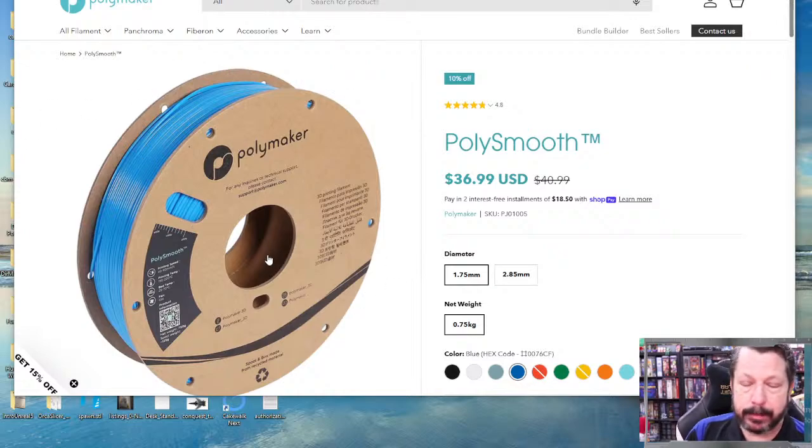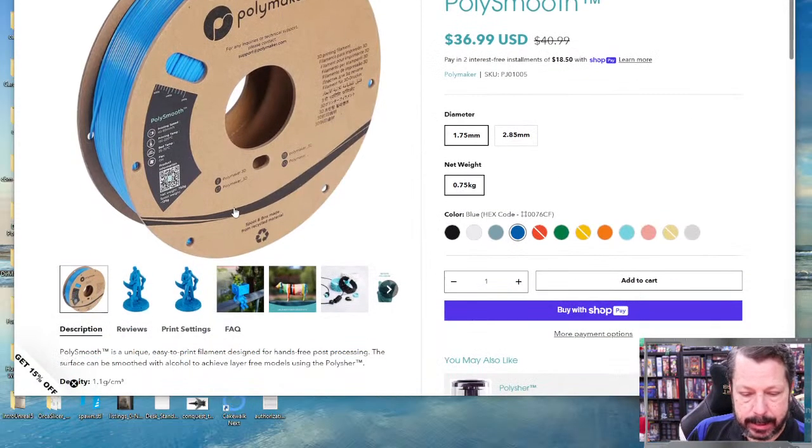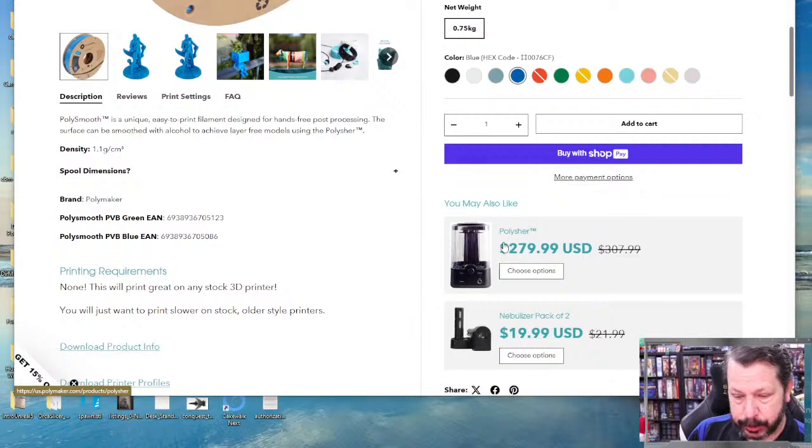here. For one, you don't have to try and print ABS. This stuff prints a lot more like PLA, and you don't have to deal with acetone, which is pretty flammable, particularly in the vapor form, which is what you usually use for the smoothing. So if you want to explore some of that, this is maybe a way to do it. There is a machine here, the Polysher, and it's not super cheap. It will do this with the Polymaker Polysmooth material. You can also do it on your own with just a paintbrush and all that, or